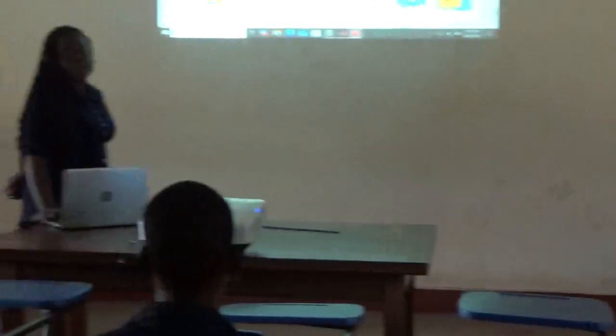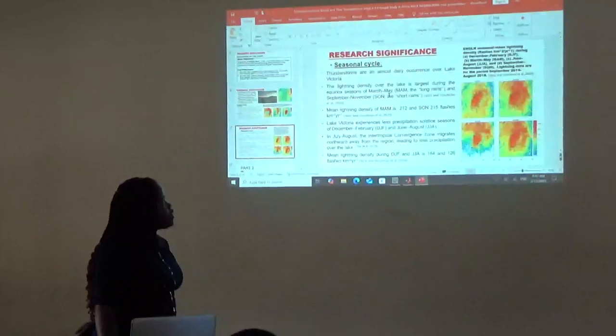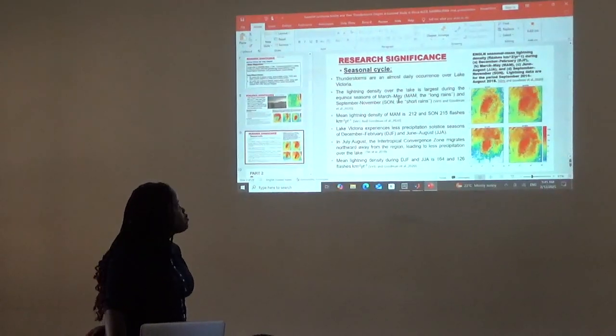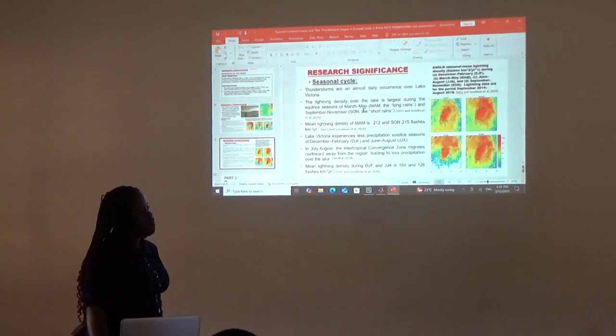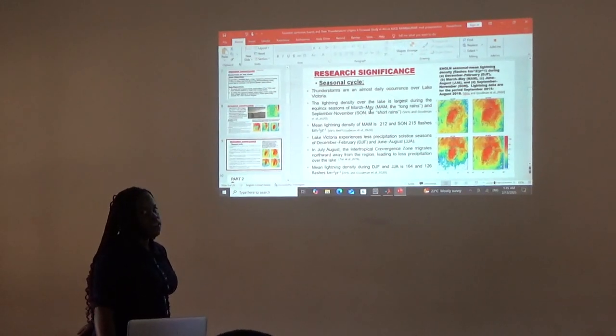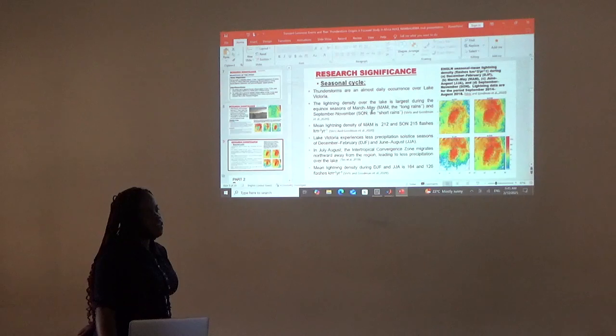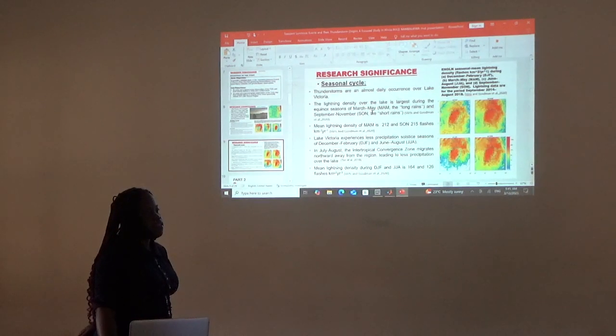Now this one is according to documented information. Articles show that the long rains are in March to May, and the short rains are in September to November. Yeah, I think that will go past in this one. For me, from the years I have lived, it's the other way around. And the problem with that inversion is